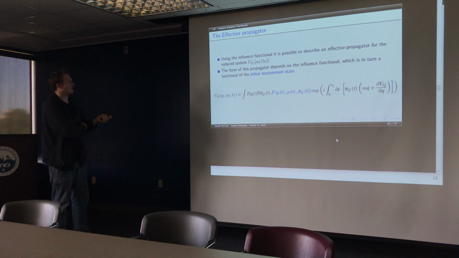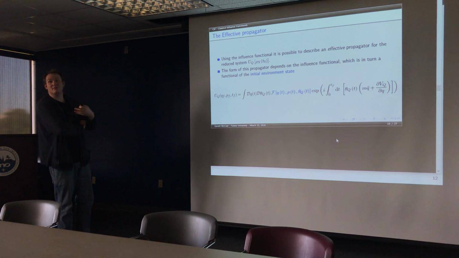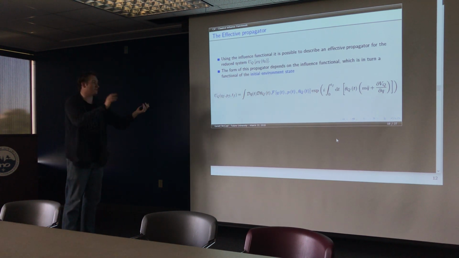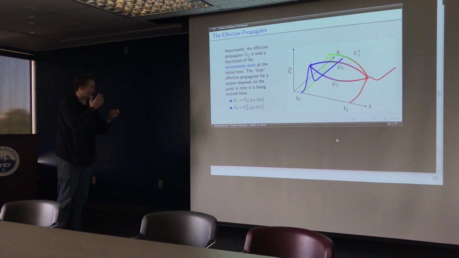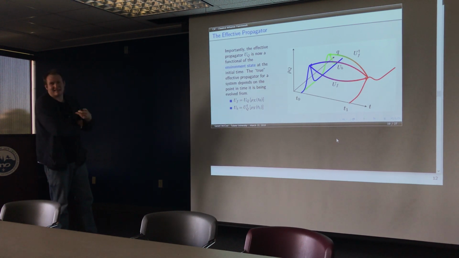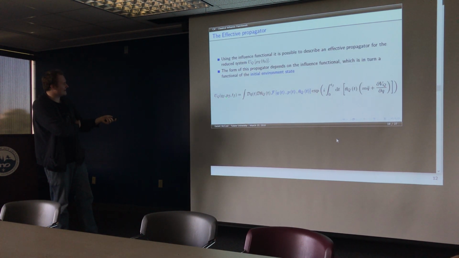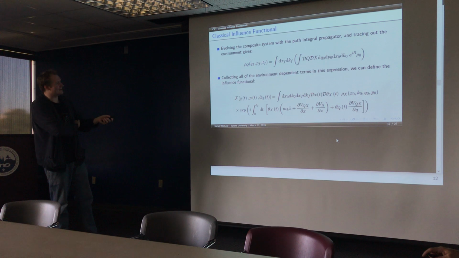So, to put it differently, that effective propagator that we have, that only talks about the open system and doesn't talk about the environment, is defined in terms of this classical influence function. You can see here is the delta functional enforcing Newton's laws, and then there's this extra bit on top. And it's this extra bit that's quite interesting, because now you've made your effective evolution only expressed in terms of the open system coordinates, but it is still a